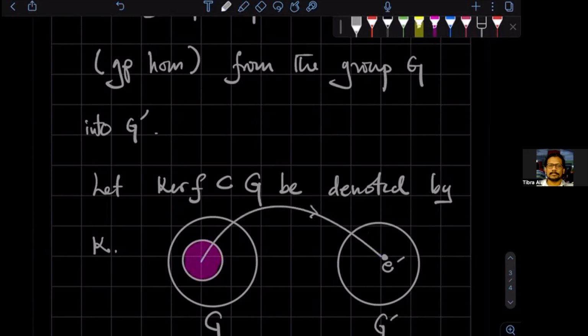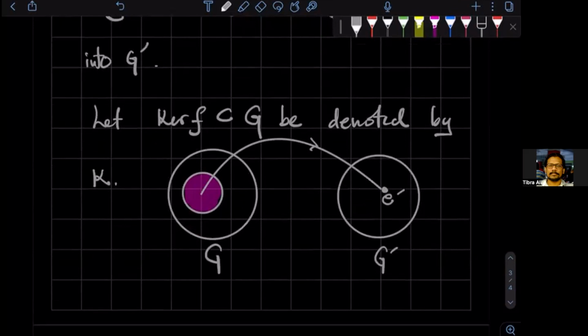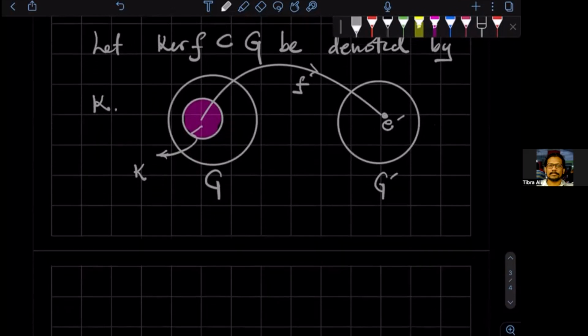So that's the kernel of F. So we know that K, okay, sorry, let me just first finish the statement. So let K be the kernel of F,